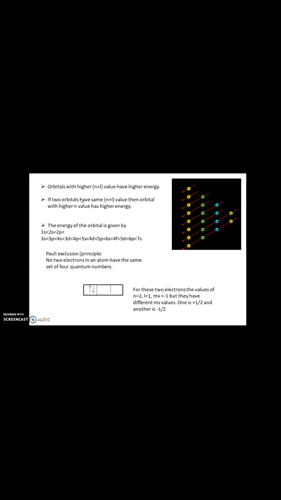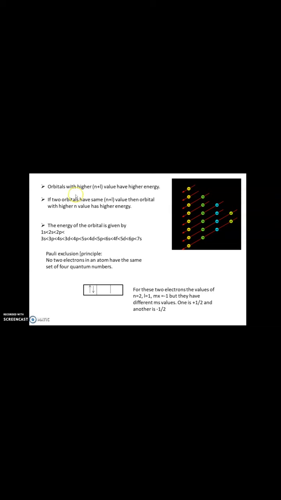So that concept that under a particular n value, all the orbitals will have the same energy, that is not true. Electrons in different orbitals will have different energy, because different orbitals are differently attracted by the nucleus due to the presence of other electrons that are present as inner core electrons. So due to the presence of those electrons, electrons of different orbitals will be attracted differently towards the nucleus, and hence